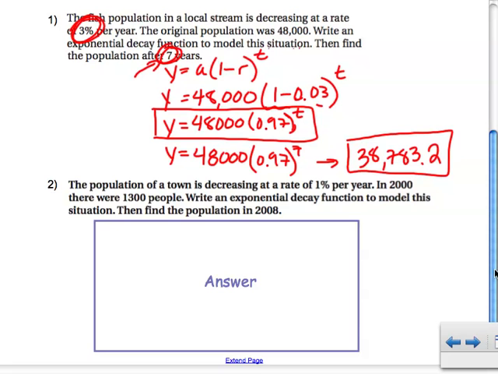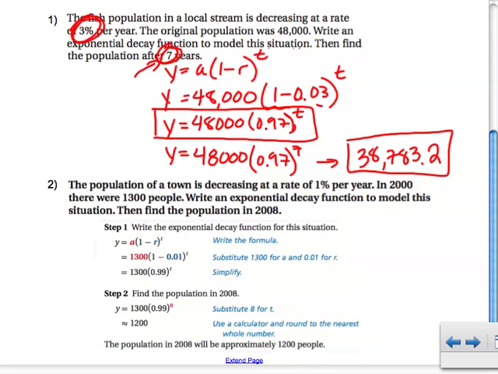All right, I assume that you're back. And your answer here, hopefully you have, this is your function here. Our town is down to 1,200 people. Which, if you're only starting with 1,300 and you lose 100, I guess that's a pretty significant amount. So that is just a basic introduction to